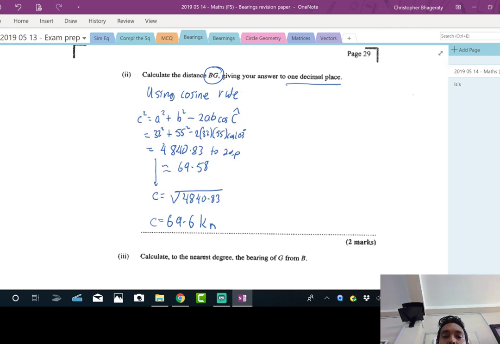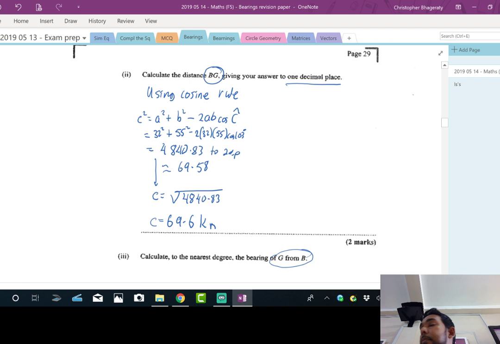Alright, cool. So we have just found that. Calculate to the nearest degree the bearing of G from B. Question 9 was on that. We're on the first one. All that extra stuff is multiple choice for you to go home with and practice tonight. Okay, so I'll put it back just now.